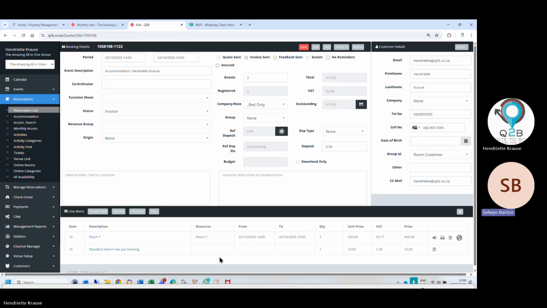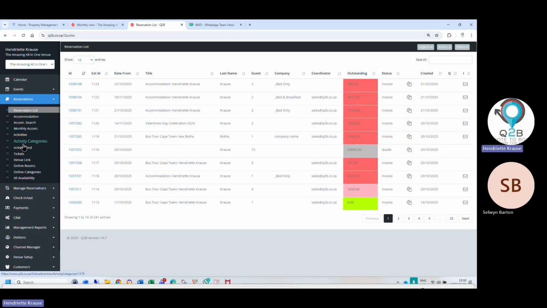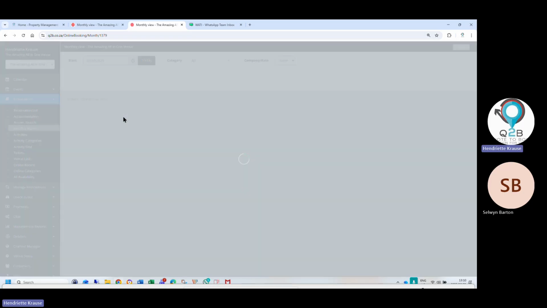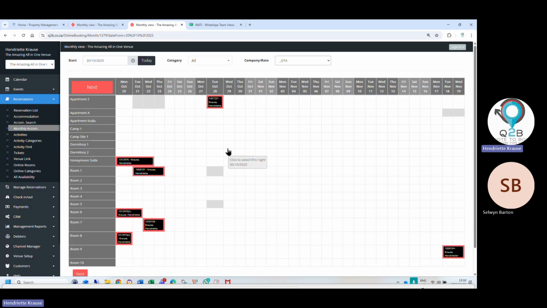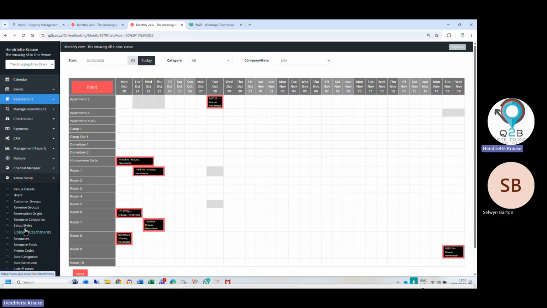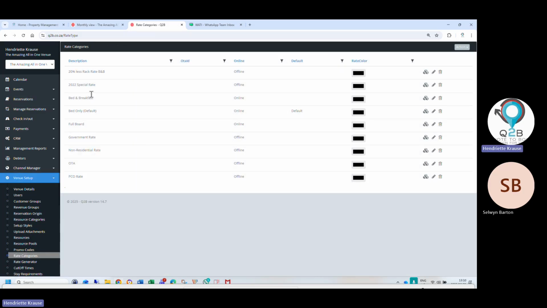So the booking will come from either booking.com or Lekker-Slaap. So that rate must be like an override rate for a normal rate. Yeah, so that we normally call OTA rates. So we map that to your OTA. So you can also have an OTA rate and then have a specific rate. So in Q2B, we allow you to have different rate categories. Sorry, I'm jumping a little bit, going here and there.